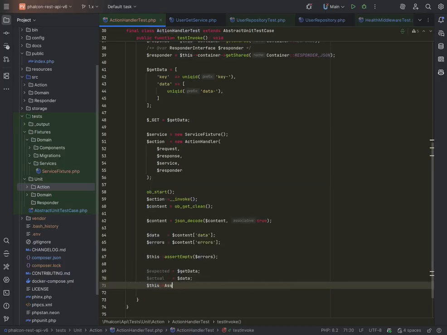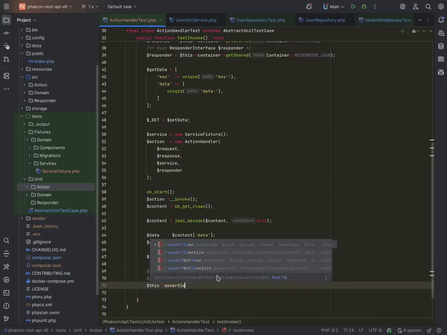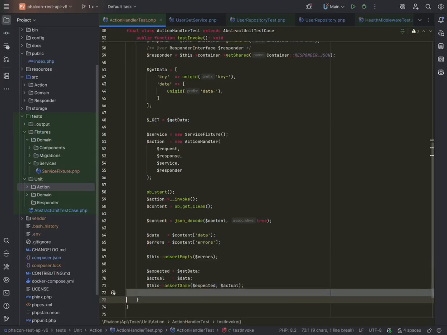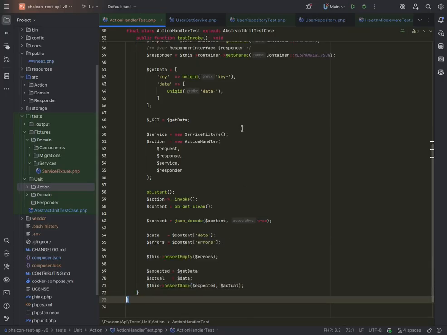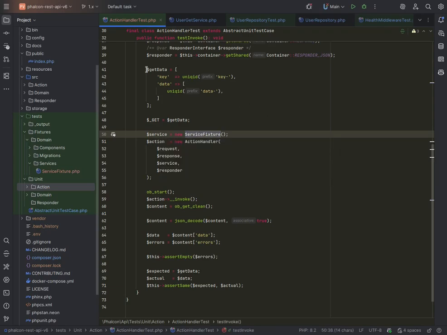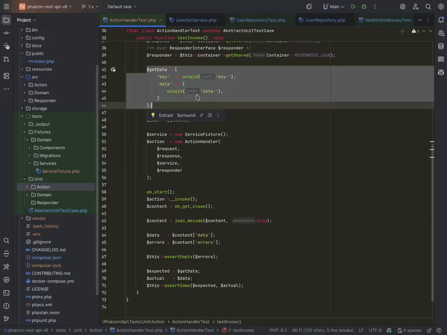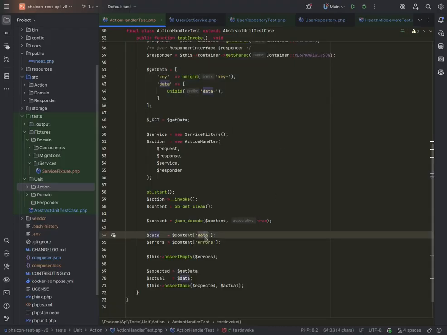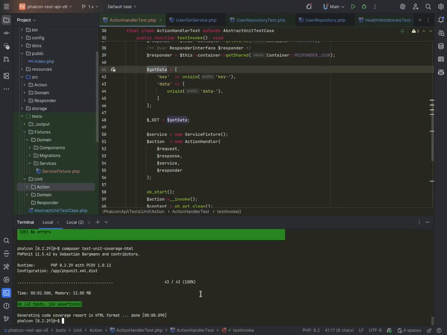This assert same, expected and actual. So our service fixture grabs input and just sends it back. This is the input that we sent, so we expect whatever we get from the data node of the return is the same as this. So now if I run the testing suite,